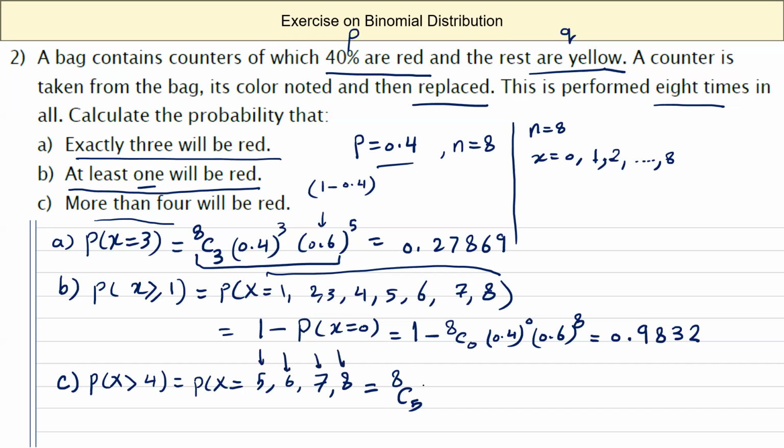Okay? 8C5, 0.4 power 5, 0.6 power 8 minus 5, 3, plus 8C6, 0.4 power 6, and 0.6 to the power of 2, plus